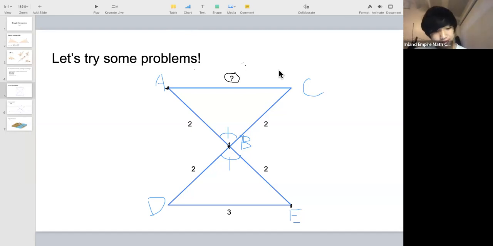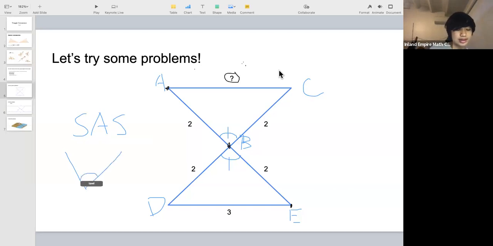Well, the idea is actually SAS, side angle side. If you remember, SAS means that you know the length of a side, you know another side, and you know the angle between those two sides. There's only one possible triangle you can create with this information, simply by connecting the ends of those two sides, right? So what that means is that we know this side length and this side length,